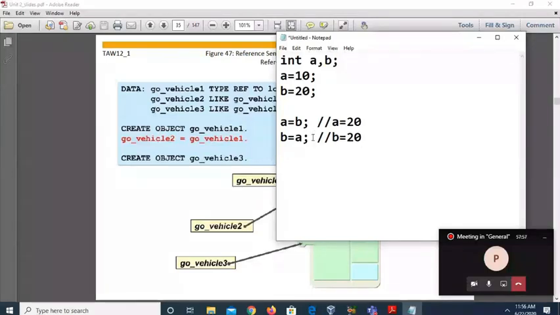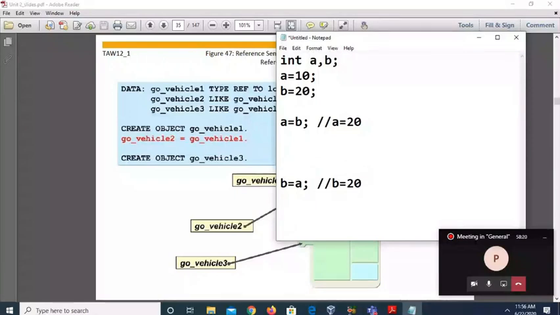Again I am assigning a to b, so the b value will be 20 here. Now suppose this is a separate program and I am assigning the value of a to b, then the b value will be 10.